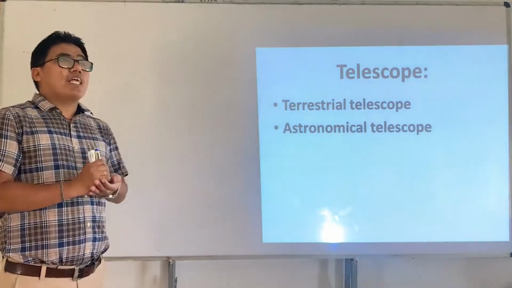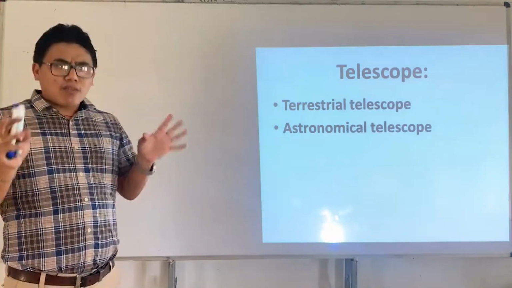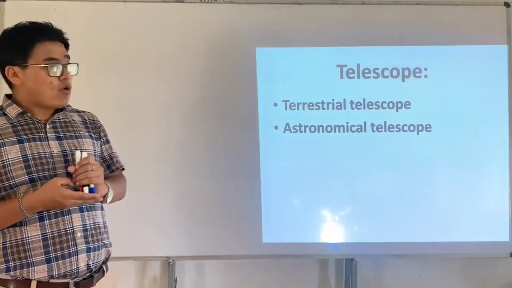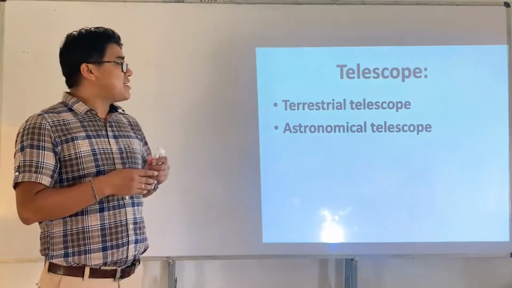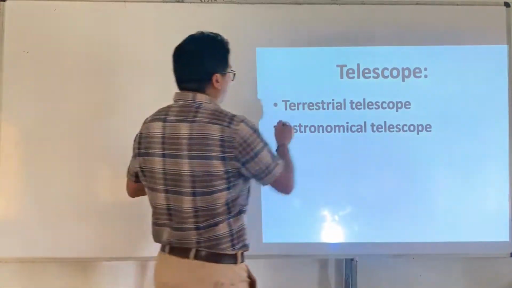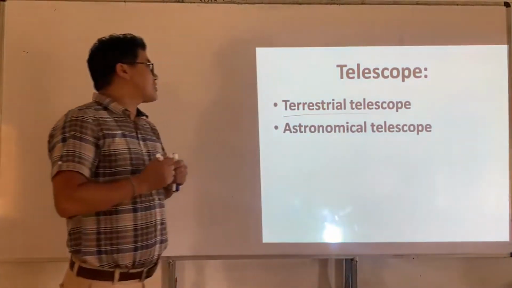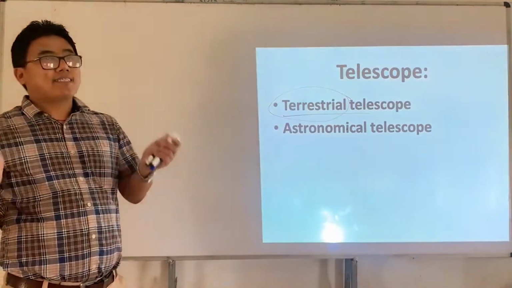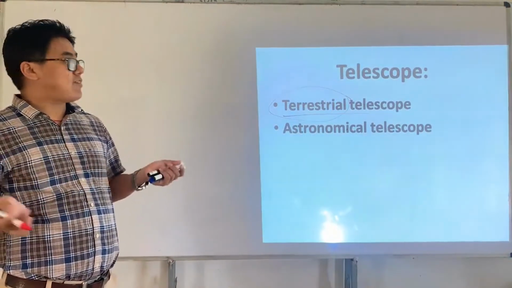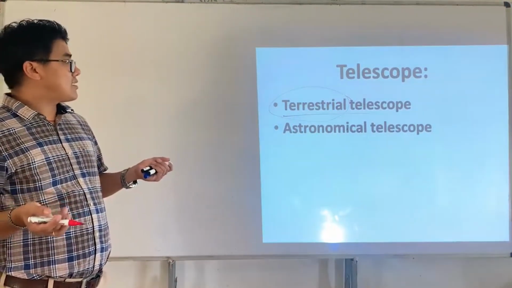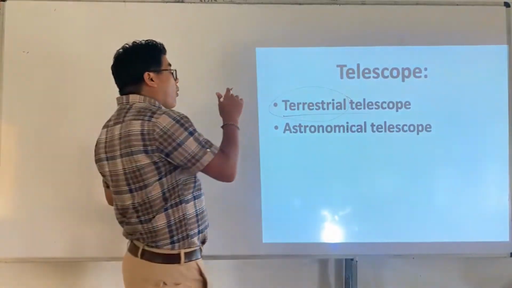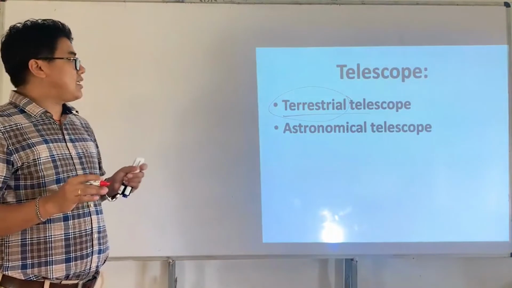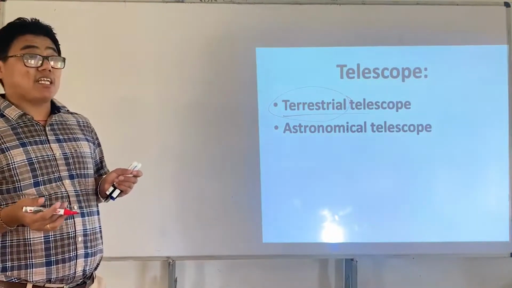And for telescopes, broadly speaking, we divide them into two parts. That is the terrestrial telescope. A terrestrial is an object that is found on Earth's surface. An object found on Earth's surface is what we call a terrestrial. So a telescope which is used to see things on Earth's surface is normally what we call a terrestrial telescope,